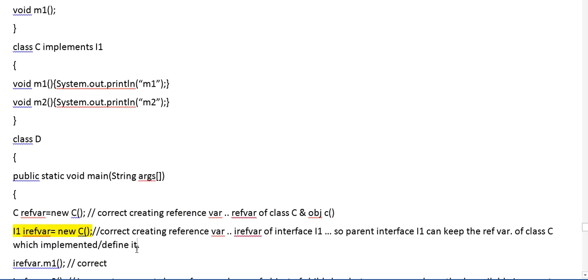So creating a reference variable I1 of interface 1, the parent interface I1 can keep the reference of class C which has implemented or defined it.